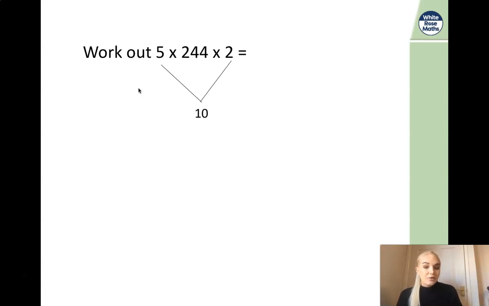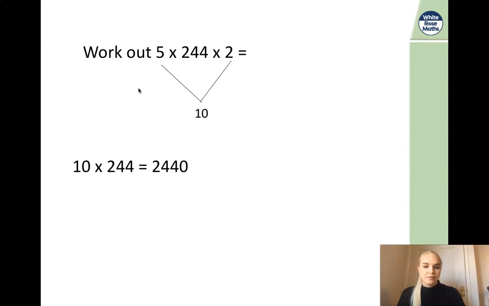Now we know, looking back before Christmas, that when we were multiplying by 10, what do we need to do to the number? That's it, make it 10 times bigger. And that makes our sum so much easier. So we can see that 10 multiplied by 244, or do it the other way around because of the commutative law, 244 multiplied by 10 gives us the answer of